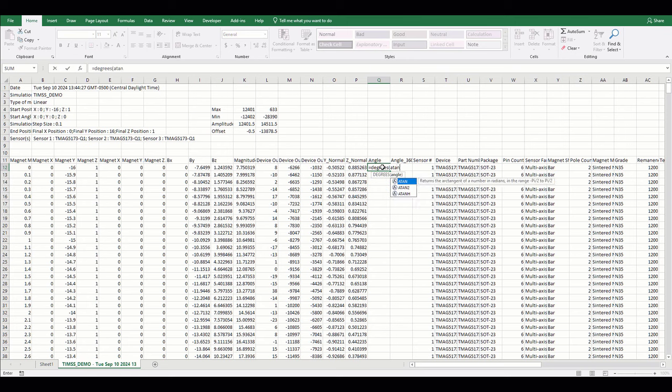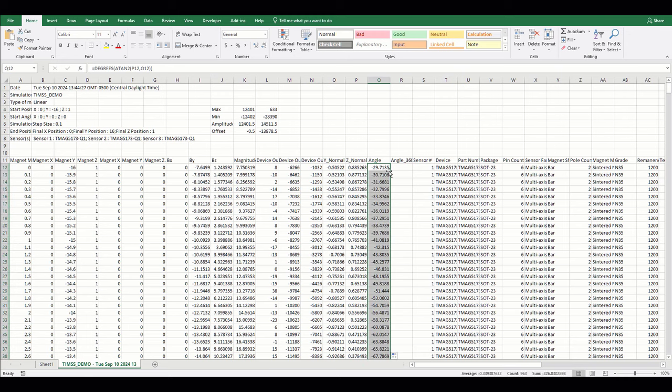The atan2 function is then performed using our normalized outputs. And we can remove any discontinuity in the angle response by shifting from plus or minus 180 degrees to a 0 to 360 degree format.